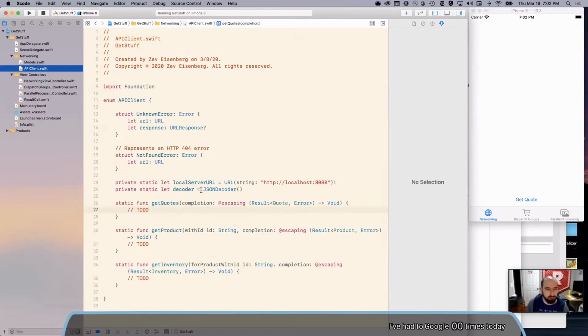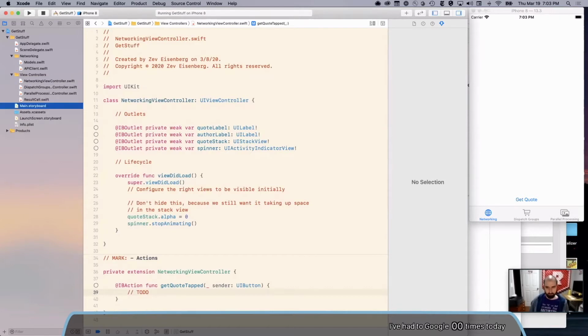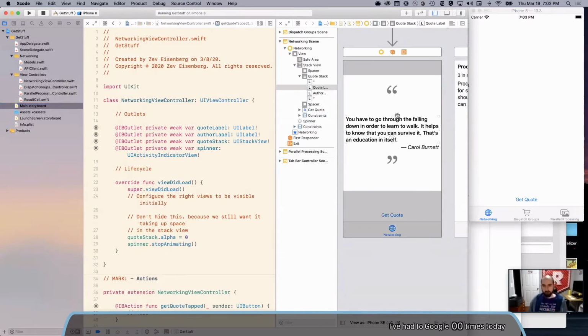And then we have an API client. And there's a million different ways you could write this. I wrote a very simple one. And this is a type where we're going to ask it, hey, can you go get me some quotes? And it's going to give us back quotes. And we'll talk about how that works. And then we have a view controller. And this view controller is hooked up to a storyboard, as you might expect. And it's just got some fun little typography, and it has a place for the quote and the credit for the quote. And then it has a little spinner, and we're going to be showing and hiding that spinner to show that it's loading. But before I do any of that, let me get the server running.